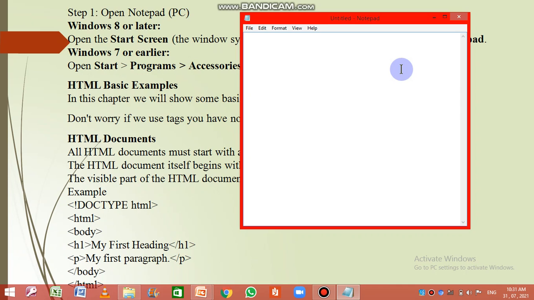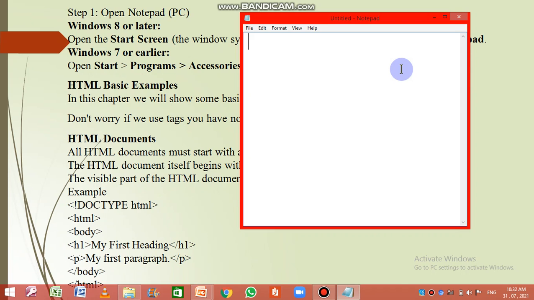Apart from this, if you are using any professional or customized tool for creating a web page, in that tool some of the code might be predefined, or already written on the screen, or you may find intelligence, like as you type, suppose you want to write HTML, as you type H, the intelligence will guide you. Next you need to type TML, and so on. So if you use a customized tool, in this way you are not able to learn, but if you use a plain text editor, you are able to learn something. So that is why it's my request to use a plain text editor for creating web pages.